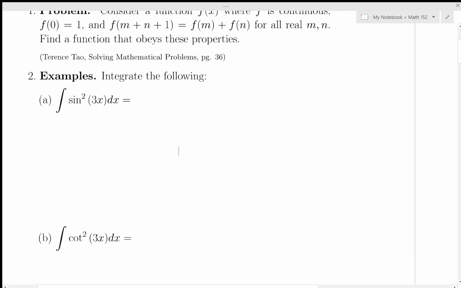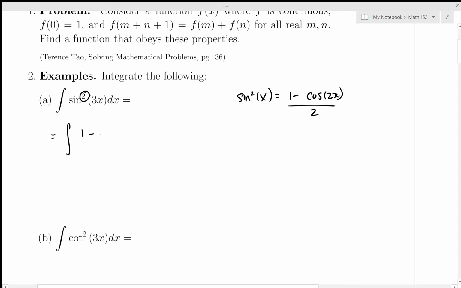We want to integrate sine squared of 3x. So one of the first things to occur to you when you see sine squared or cos squared is to use the appropriate identity, which in this case is going to be sine squared x equals (1 minus cos 2x) all over 2. So I'm going to use that identity to replace the integrand here, and then